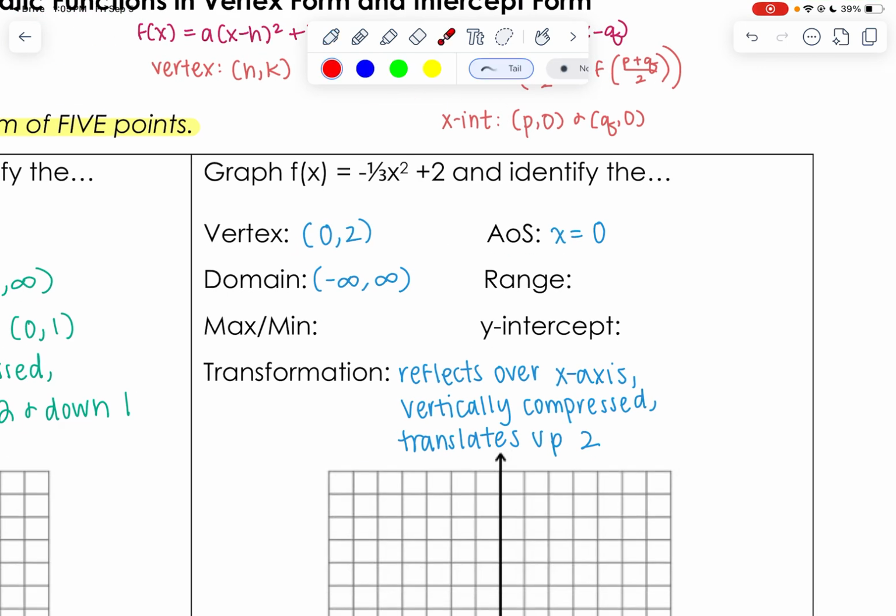And I could graph this to find the range, but I could also think about this. If this parabola is going down, because a is negative, that means that this parabola has a max at 2, that y coordinate, which means that if this is going like this and it's going all the way up to 2, this is starting down. So my range would be negative infinity up to 2,